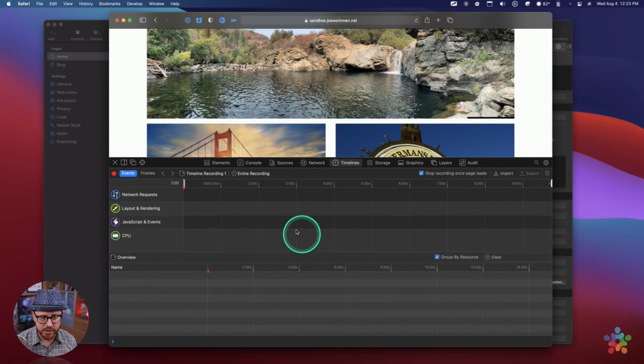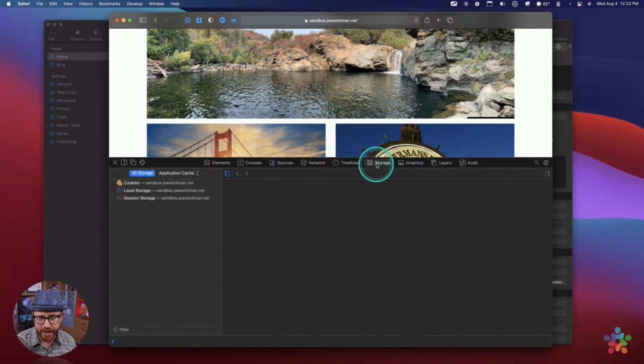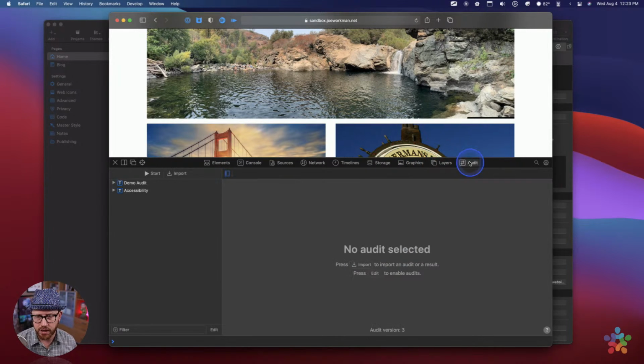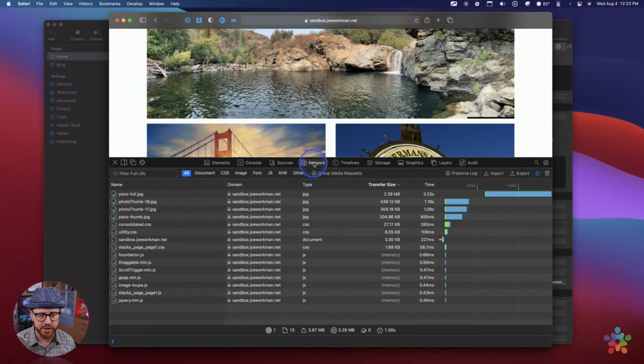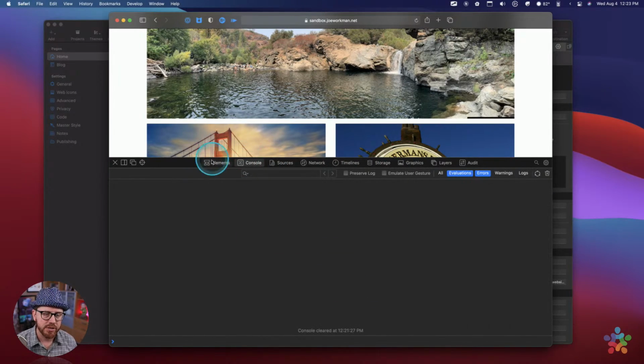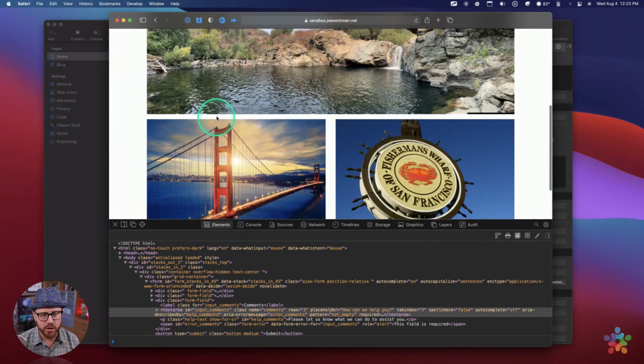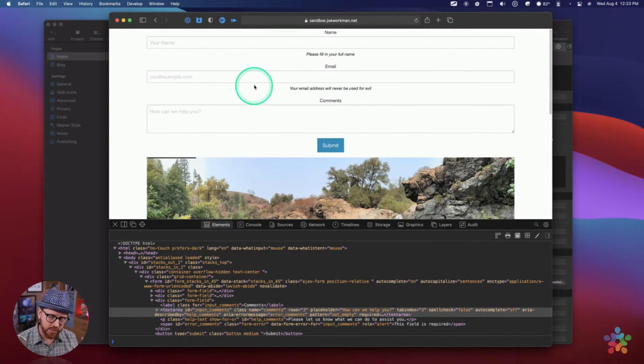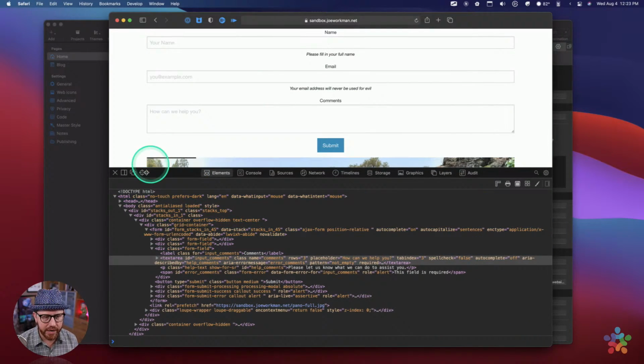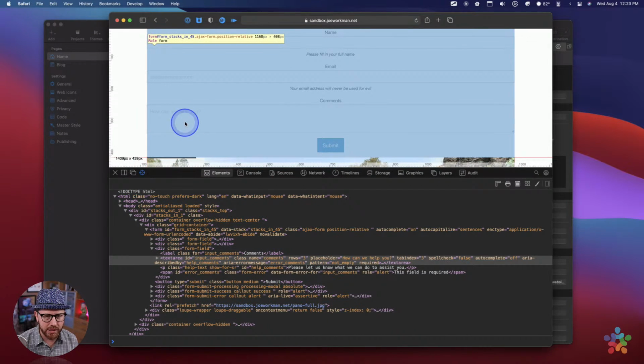If we go to timelines, I'm not even going to try to go into that. Storage, we'll skip that too. We're going to skip the rest of these because these are all very esoteric things. So anyway, what I wanted to do last today, because I know a lot of us are using Foundation 6, is to help us troubleshoot styles of things. I know I've gone over this a little bit in the past, but